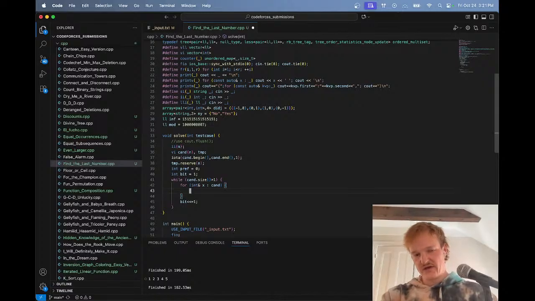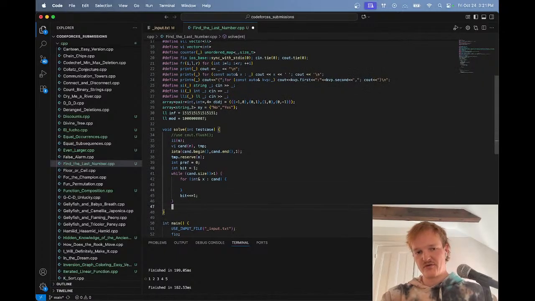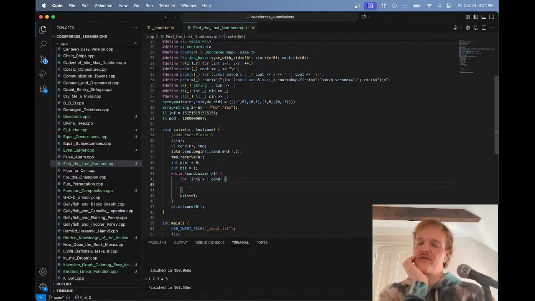For every x in the candidate numbers, I should be able to just say candidate is 0. No, I don't want that. For every x in the candidate numbers,